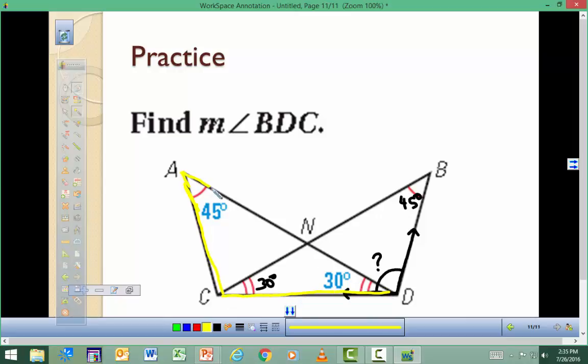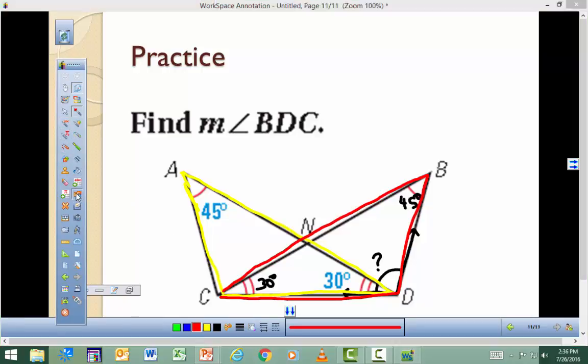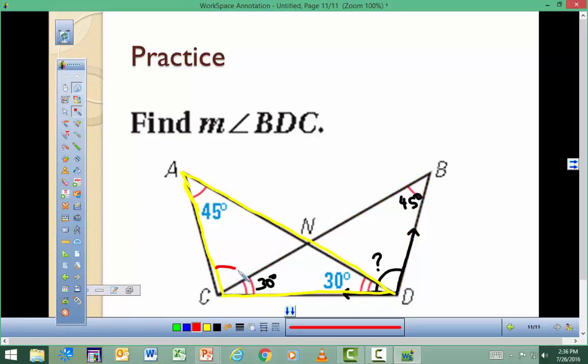Alright. You see that big one? Now it matches up with this other triangle that's big on the right side. And it matches up over here. You see? Alright, well, for any triangle, the three angles have to add up to be 180. And see, if we consider just the yellow triangle for a second, we can find out this angle right here,